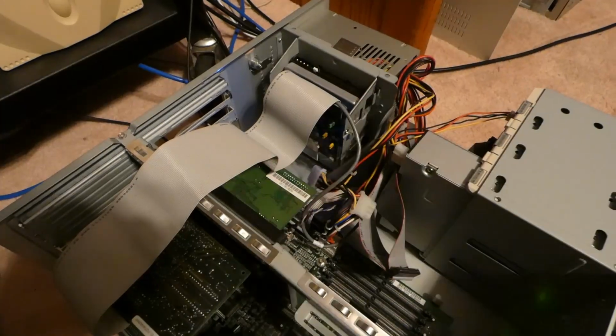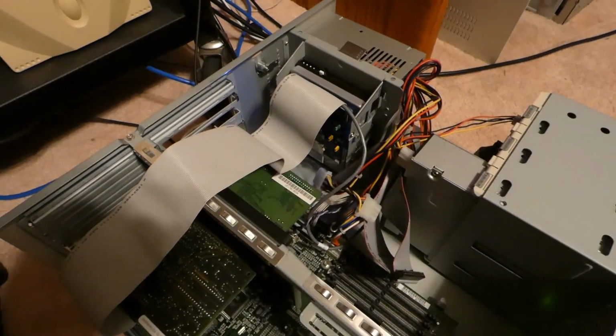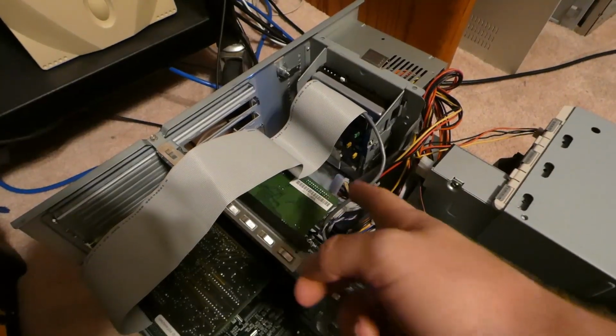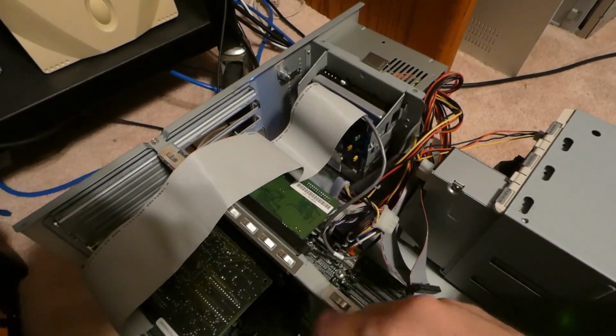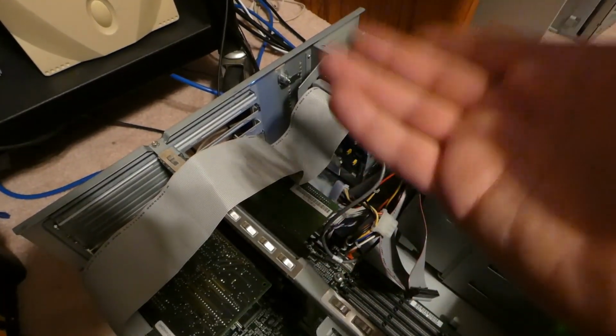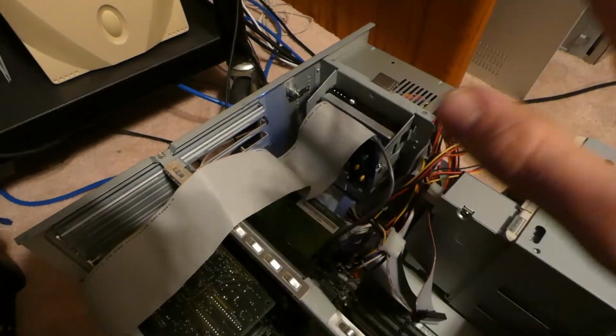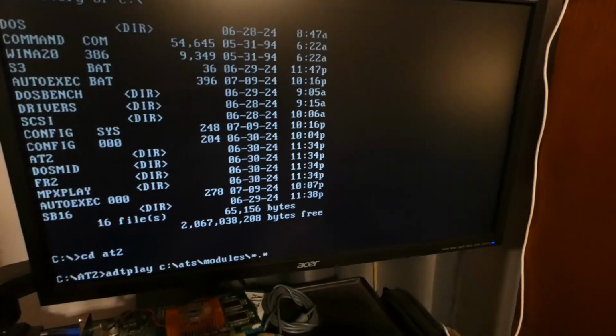All right, so I actually already swapped the sound card. I planned on doing it later, but I got bored and I figured I might as well do it now. Yeah, so this is just an audio drive, 1868. It's actually really stripped down. It literally only has the sound chip and a wavetable header. Like, that's it. No CD-ROM interface or anything like that. But as we can see,